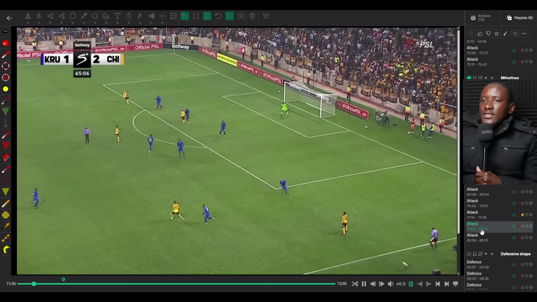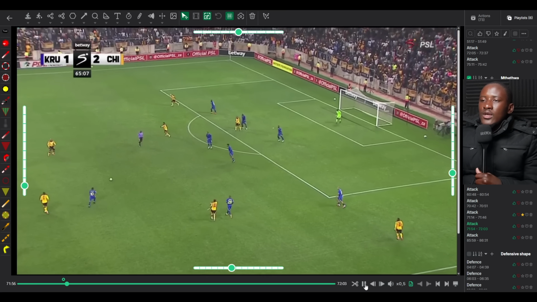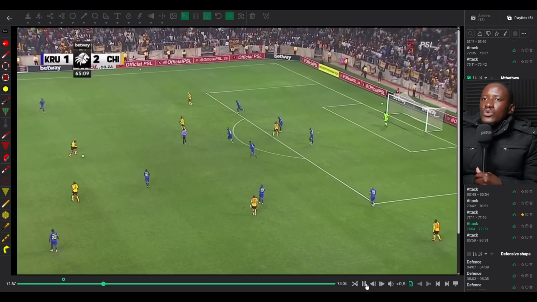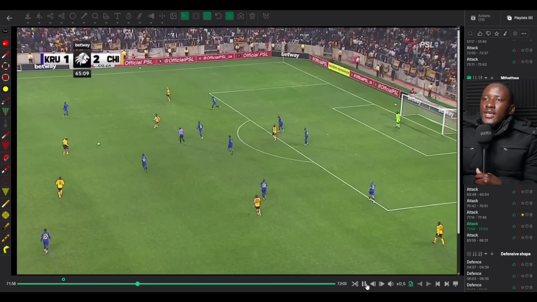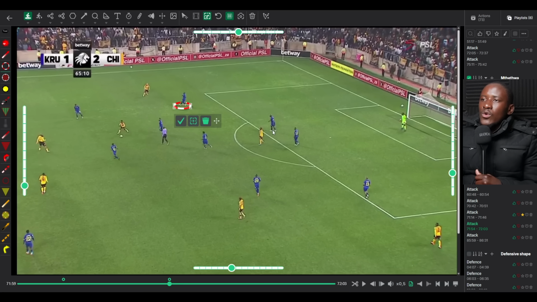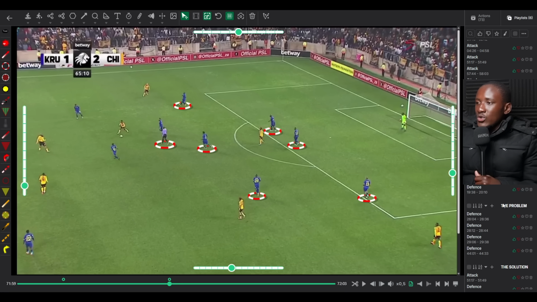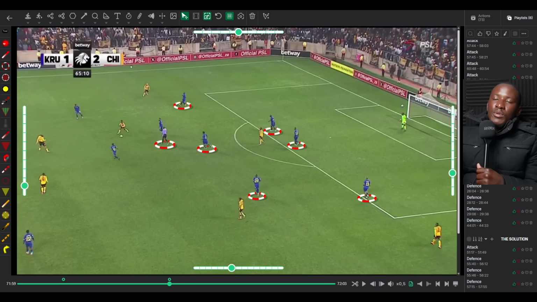And last but not least is situations like this where you find Mthethwa on the edge of the box being able to also just get the ball, keep it moving. As this place is so congested with players of Kruger, they have a player who's going to just receive the ball in Mthethwa here and rotate it. Now, let's look at the defensive shape before we look at the problem with the defensive